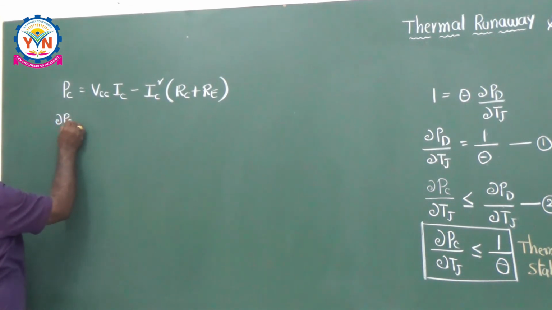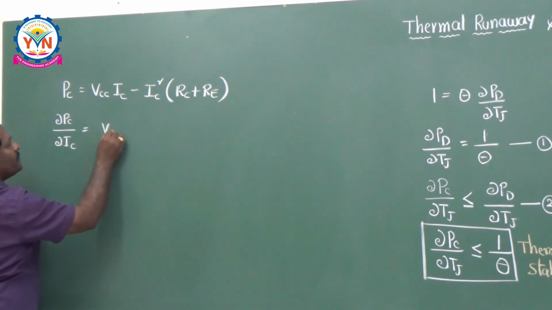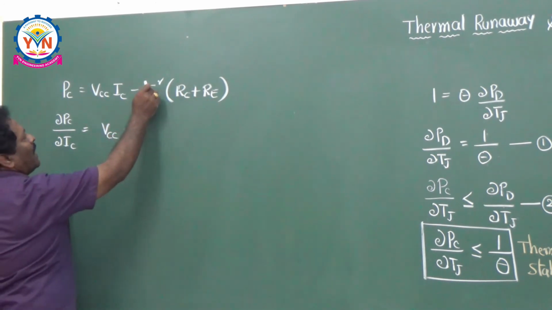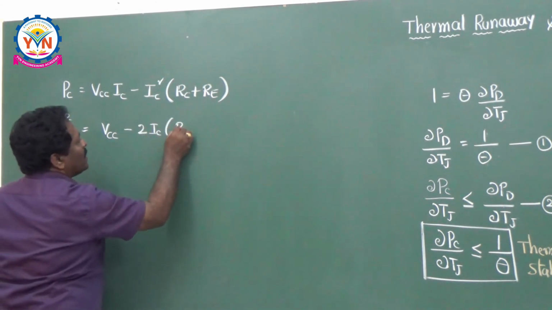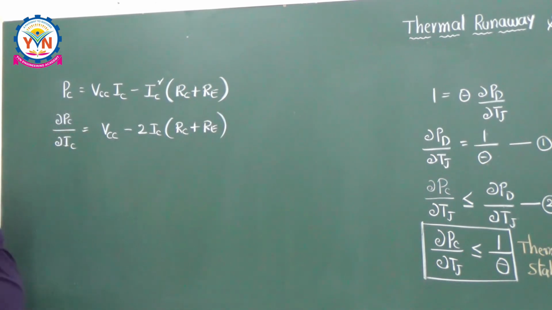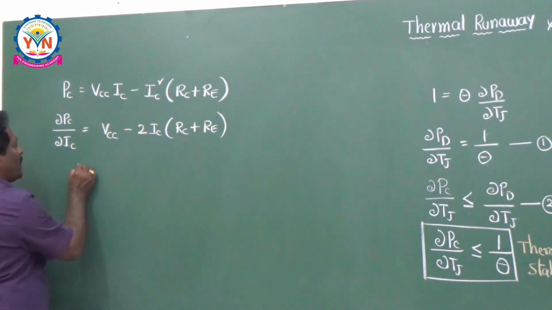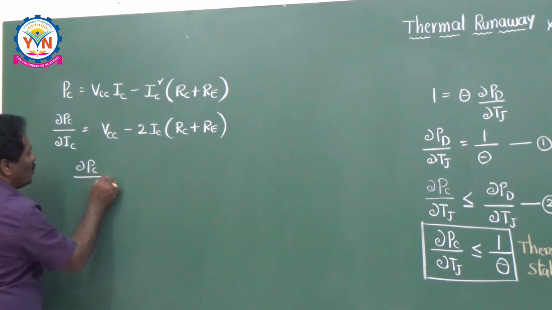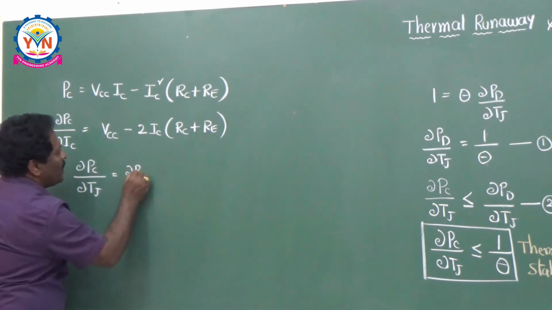Dou PC by dou IC is equal to VCC minus 2 times IC into (RC plus RE). Now this thing you have to substitute in the main equation, that is dou PC by dou TC is equal to dou PC by dou IC